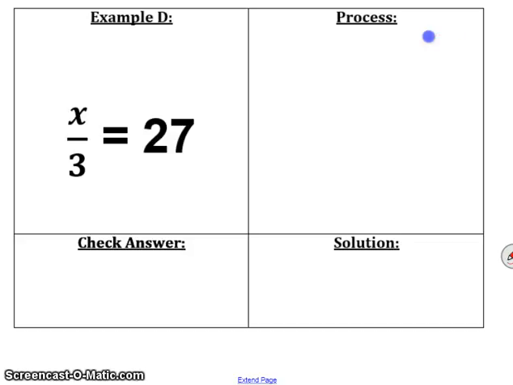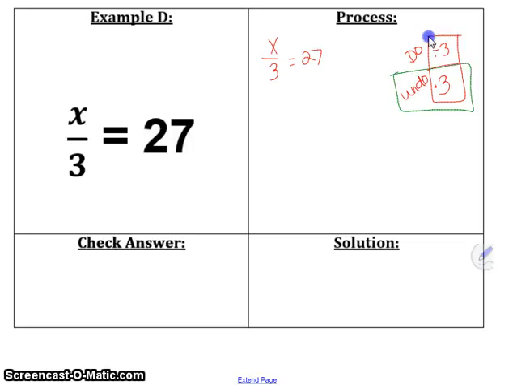So again, I'm going to need to draw those do and those undo boxes. And I have x over 3 is equal to 27. Well, right here I have a fraction, and I know that fraction also means division. So I'm dividing by 3 in my do step. That's what's happening right now in my equation. I'm doing x divided by 3. But my opposite of division would be multiplication, so I actually need to multiply by 3. Remember that I always use the undo step,